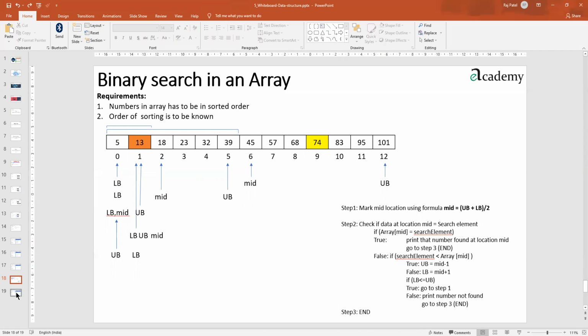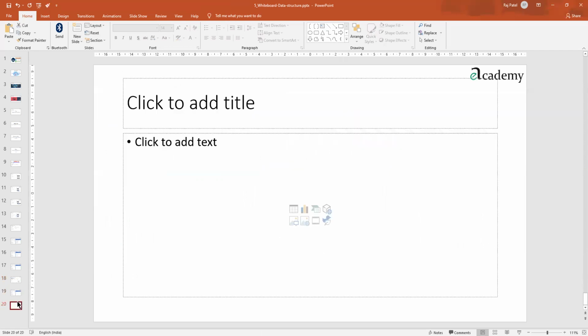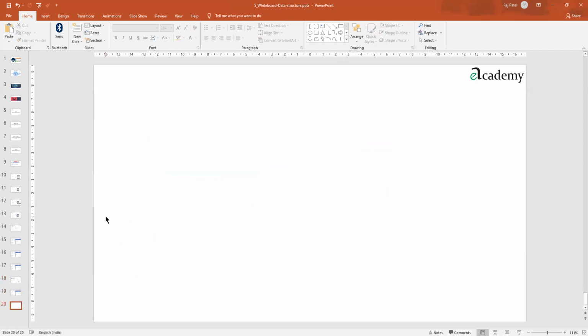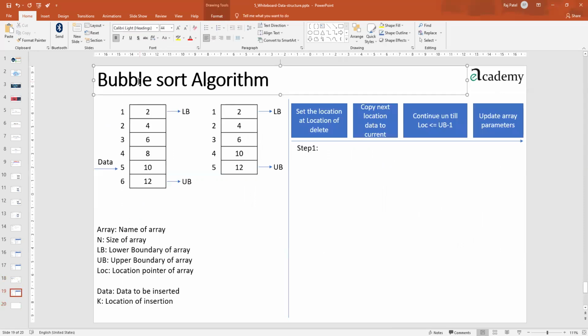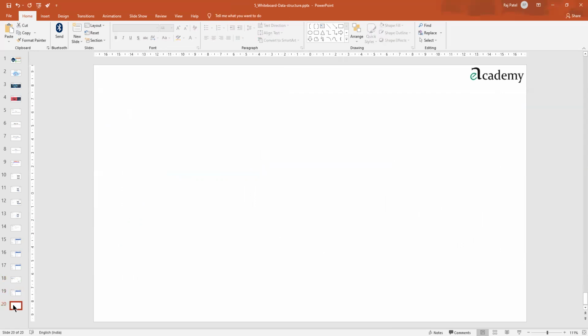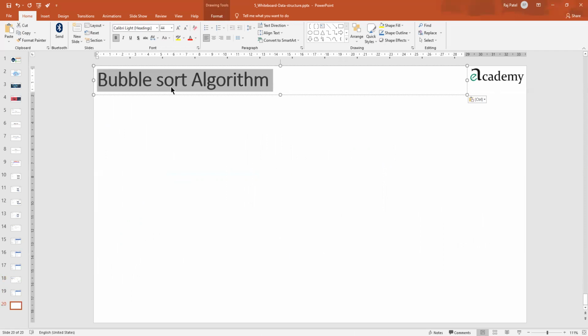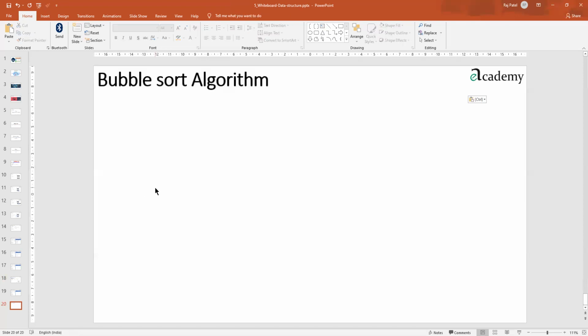So next one was the bubble sort algorithm, and another topic which comes up next is, till now we have learned about linear data structure. Array was an example of linear data structure. Other than array, we have stack and queue memory structures also. We have learned about those kinds of arrays. In array, what happens is you can go to any location anytime.